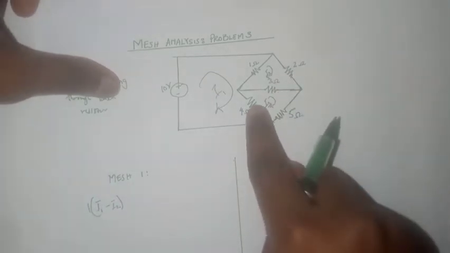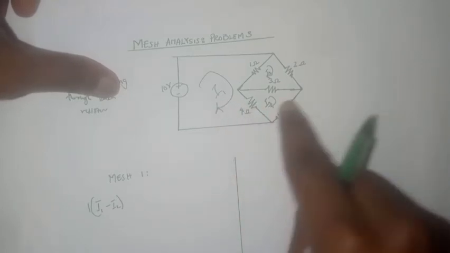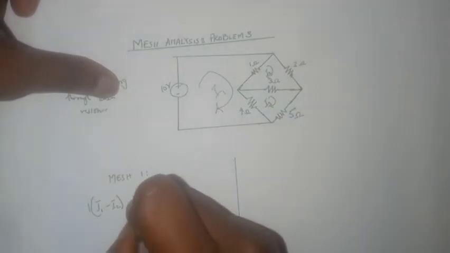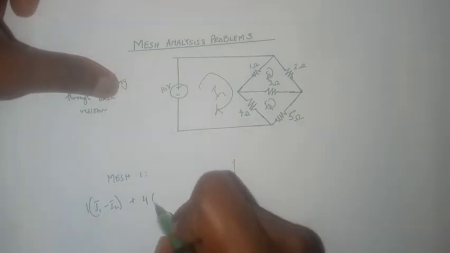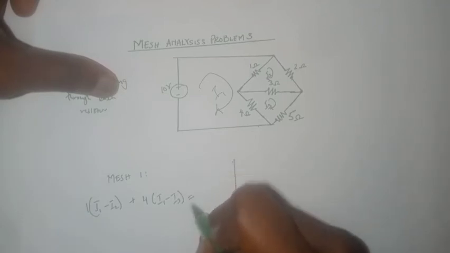Then we have this second resistor. We have current I1 flowing through it and current I3 opposing it. So we have plus 4 open bracket I1 minus I3 equals